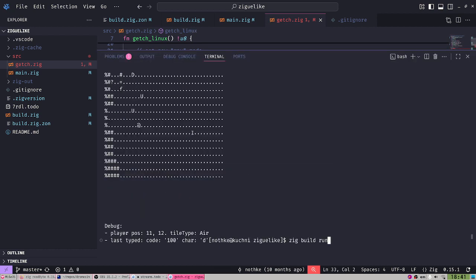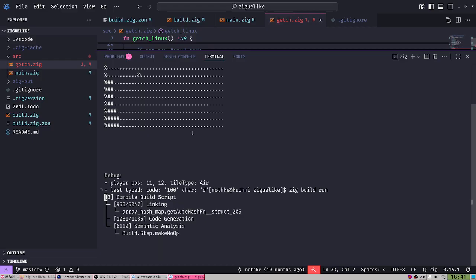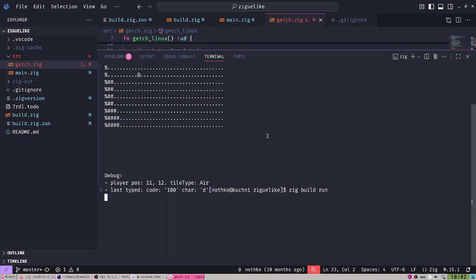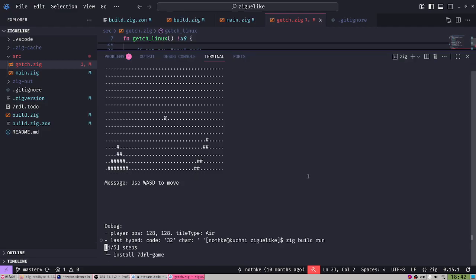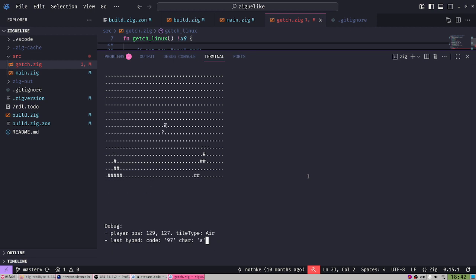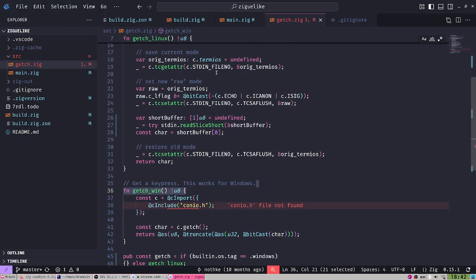So let's build run one more time. Make sure everything is working. Yeah, it is linking because we changed the files. I changed the Zig zon, that's why. And as we can see, there's no LLVM mentioned, which is cool. And here we go. Oh, I accidentally pressed an arrow, which terminated the game. So there it is, going around, everything works, pretty cool. Even though ZLS is complaining about Conio, everything is good.